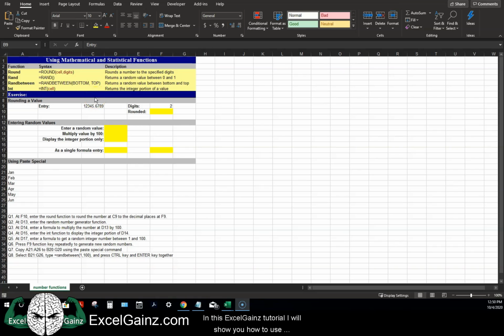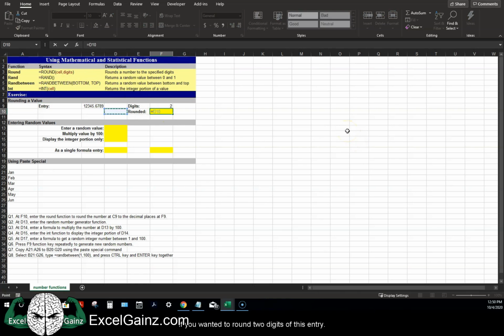In this ExcelGainz tutorial, I will show you how to use mathematical and statistical functions in Microsoft Excel, including ROUND, RAND, RANDBETWEEN, and INT functions. For the ROUND function, if you wanted to round 2 digits of this entry, I would write equals ROUND,